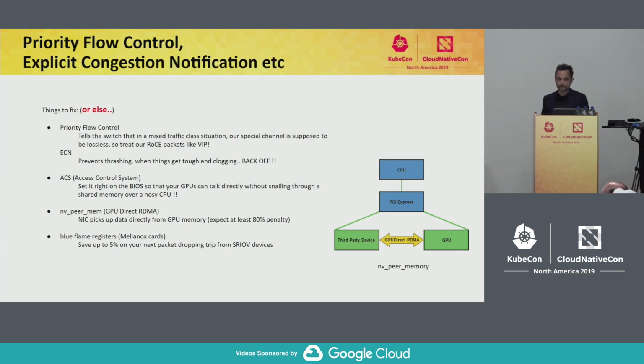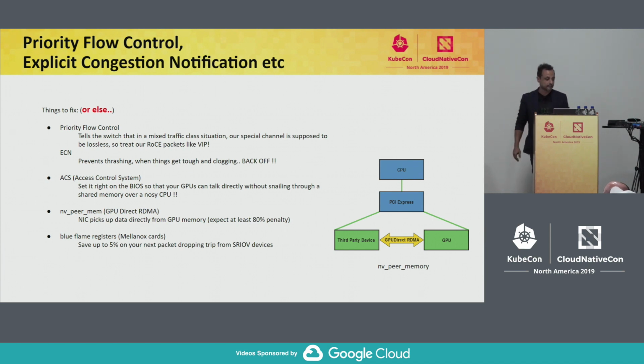All right, so we'll start with priority flow control and explicit congestion notification. You can read up on Google what it is. It's broadly about saying when the network is going to be shared, it's RDMA over Converged Ethernet, and you're going to have trouble with other things. So let's separate priority flow control things and make a separate channel. You need to configure that on the host. The ECN bits, which is congestion notification, is just saying if there is congestion, please back off, don't send traffic, let's not make it worse. These are things which you have to fix on your switch or the router.